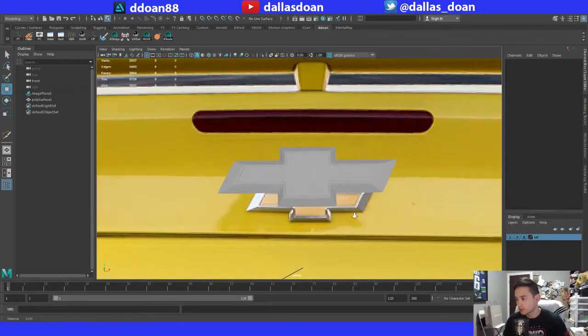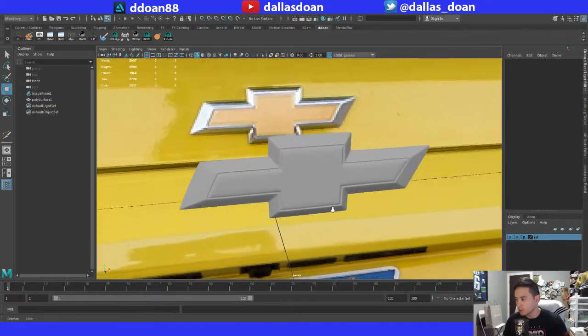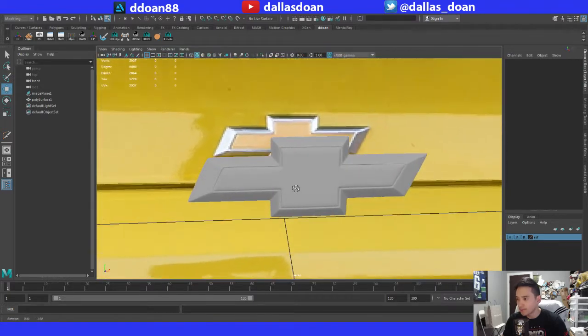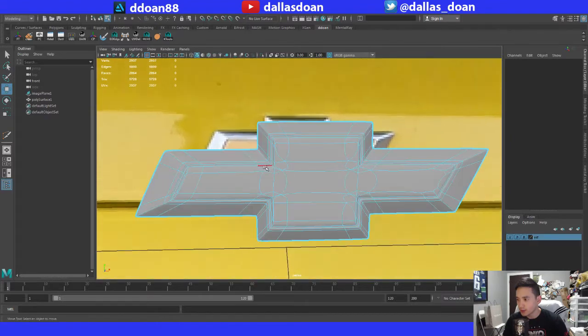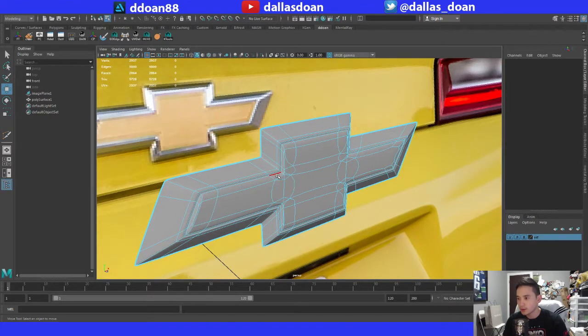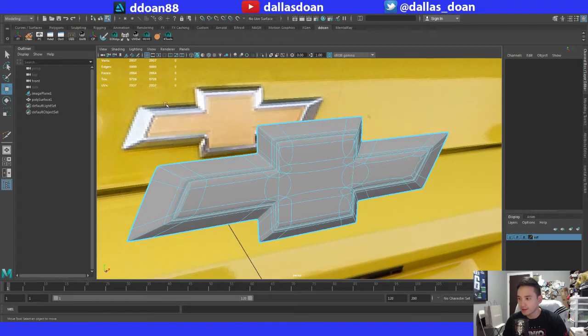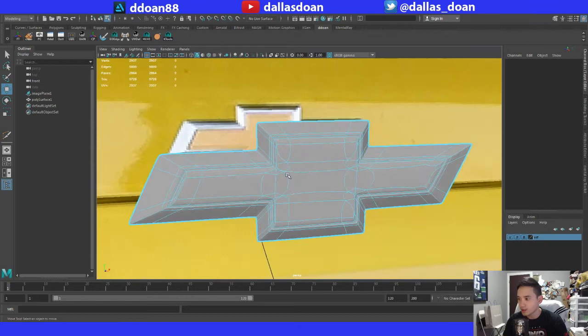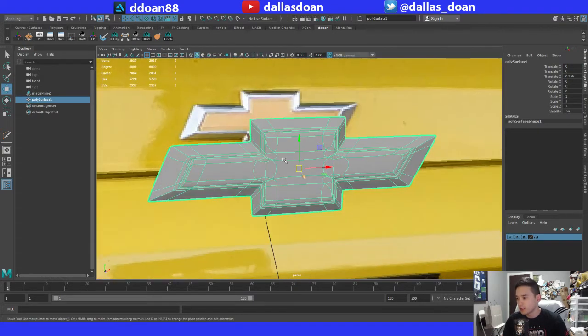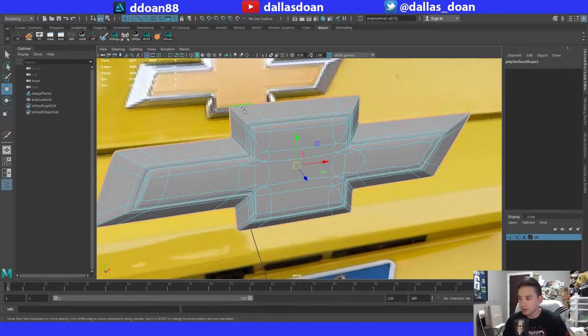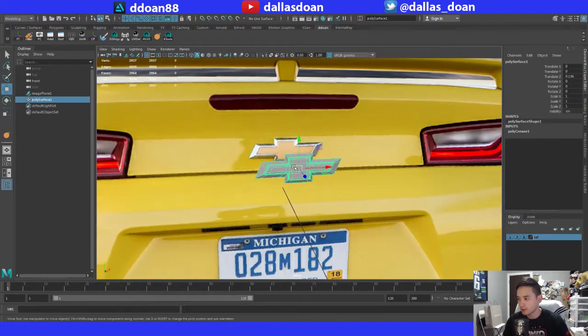Okay, so now it looks less ugly. It's not doing any weird stretching and stuff like that like it was before. And yeah, I think that's looking pretty good. It's looking pretty good. It might just be from the reflection or from the image or something. Now the biggest problem that I have with, okay, let's see here. So what happens if I don't crease this? Yeah, it's fine. It's just the edge. So